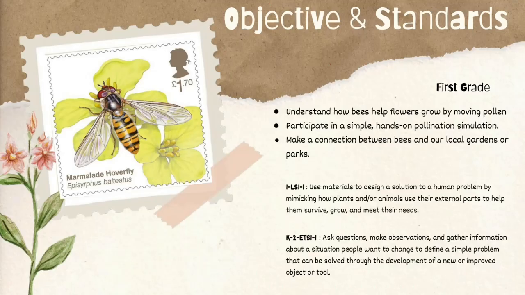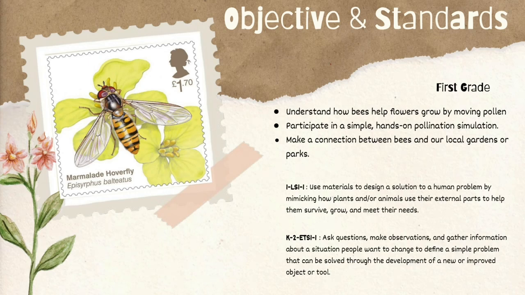So, the objective and standards. For this lesson, the objective and standards are students will be able to understand how bees help flowers grow by moving pollen, participate in a simple hands-on pollination simulation, and make a connection between bees and our local gardens